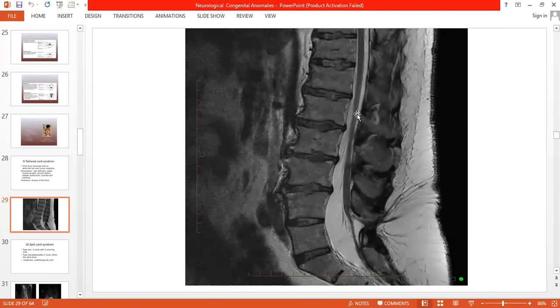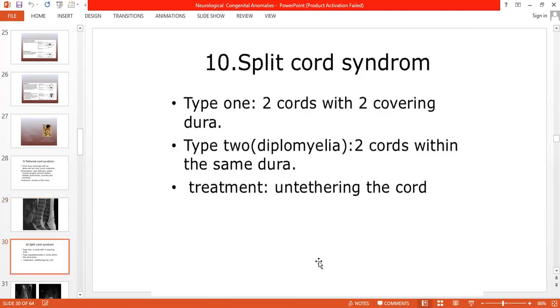The cord is not growing at the rate with which the vertebral body grows. They will grow more, this will go less. When they are growing, the cord is ascending upward with the allowance of this filum terminale. If it is fibrous and thickened, it will not allow that ascent. We excise this so that the cord can ascend. The filum terminale is being excised and the cord is allowed to move upward with growth.